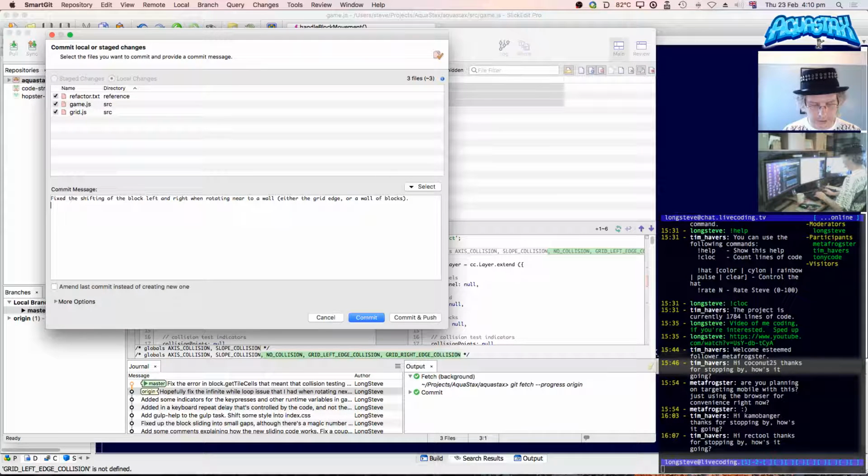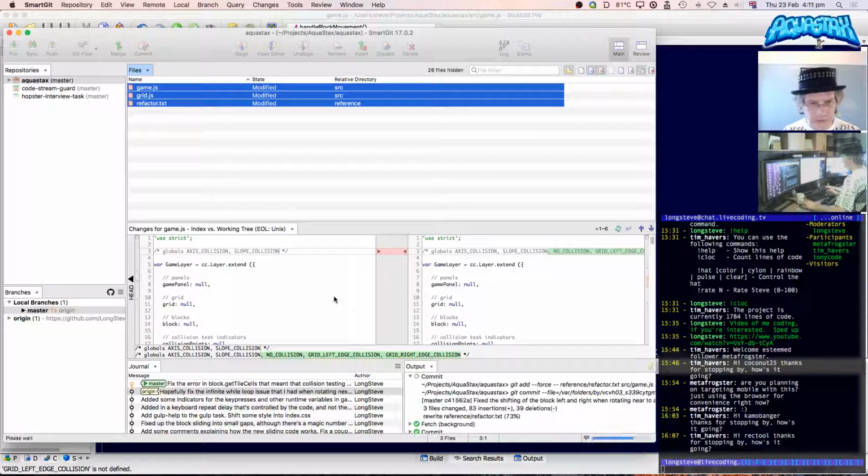And then also add some global constants for grid left edge collision, grid right edge, and no collision, to avoid over using magic numbers. Right, commit that. If I push as well, I'll send everything off to GitHub.